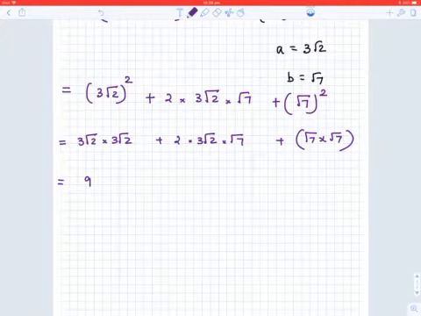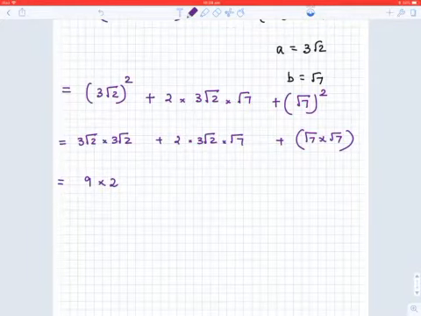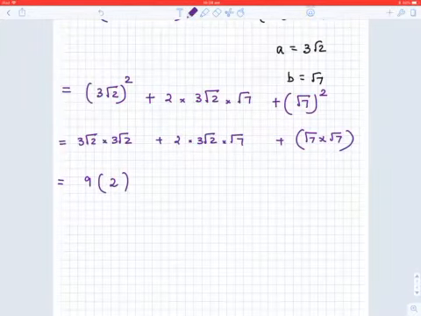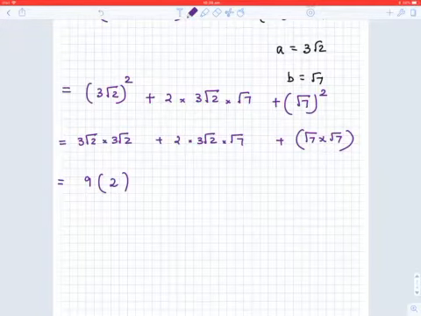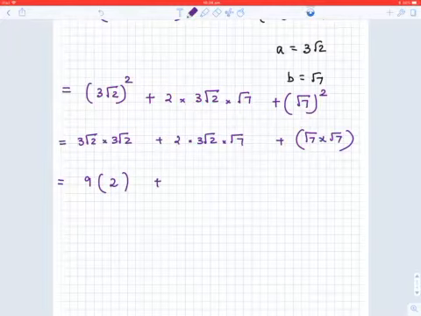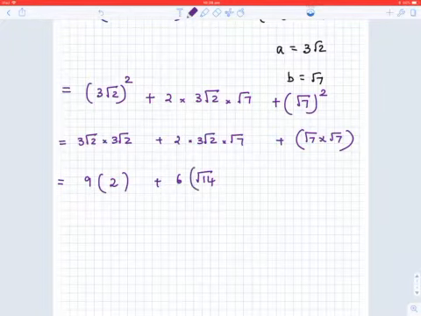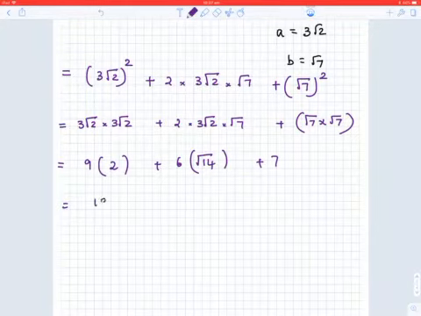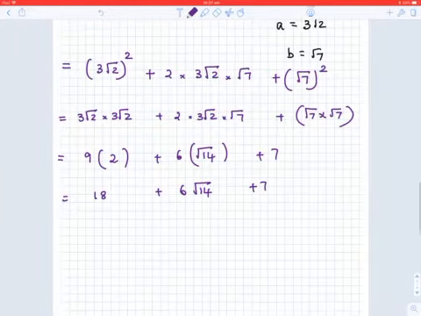Okay, so this can be written as 3 times 3, 9. Root 2 times root 2 is 2. So it's like this. Or if you think you make mistakes, you must put the square numbers like this. And when you combine the whole numbers, it will be 6 and then root 14. Root 2 times root 7 is root 14. This becomes 7. So when you do the multiplications, 18,